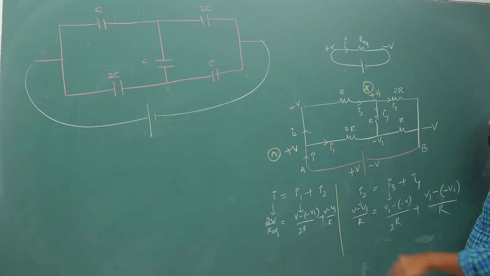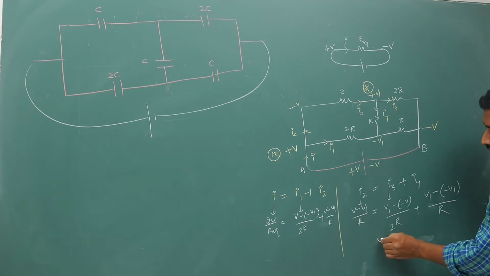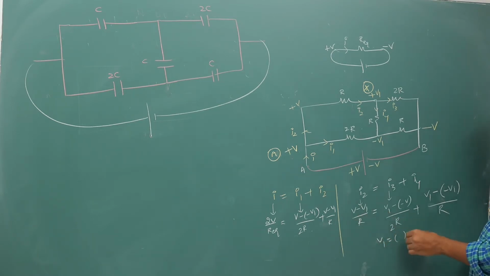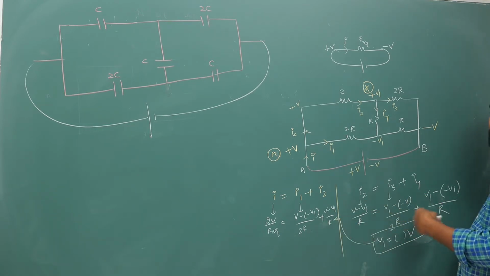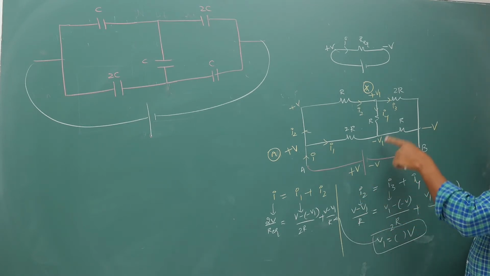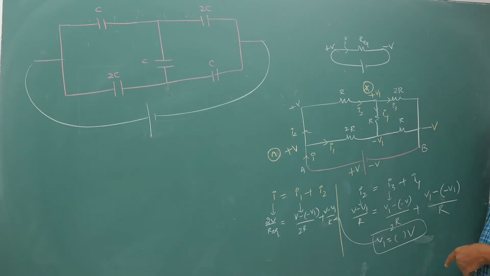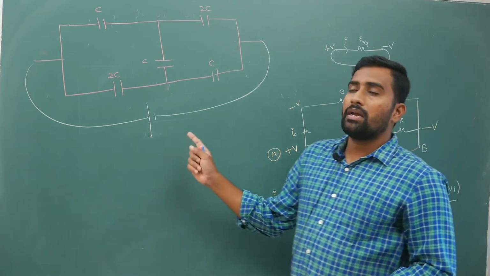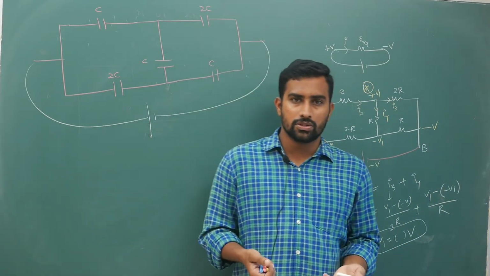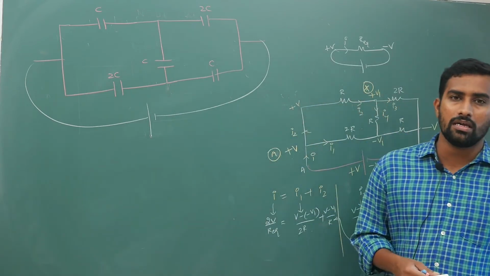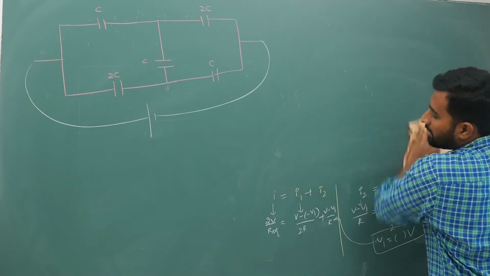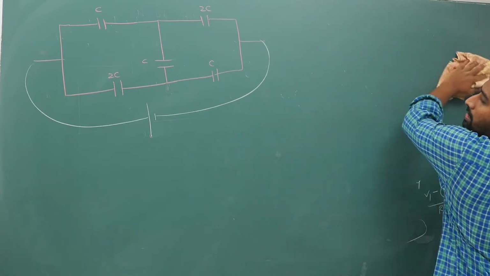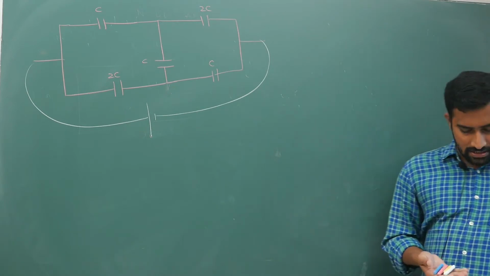You have to express your currents in terms of potential differences, and then you will have only one equation. If you cancel the R's, you get V1 in terms of V directly. Previously we took 3 nodes and solved it, but for symmetric circuits you get the answer within 2 nodes. So you can solve so easily like this if you mark the potential symmetrically. Here also I will do the same thing, but instead of currents I will take the charges, that's all.